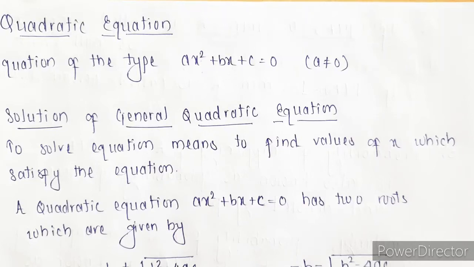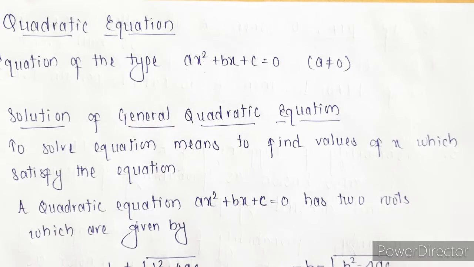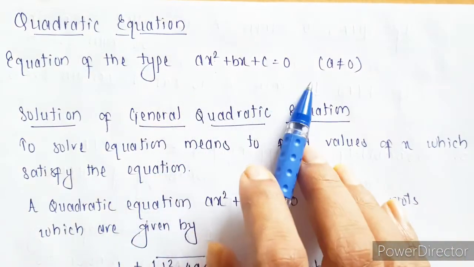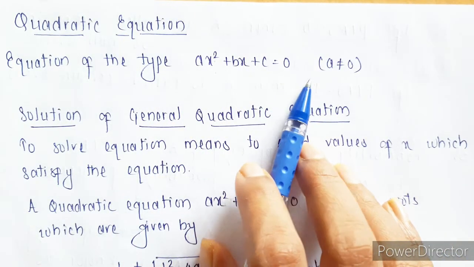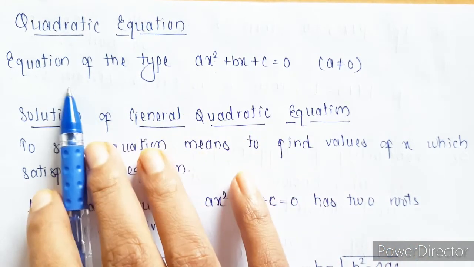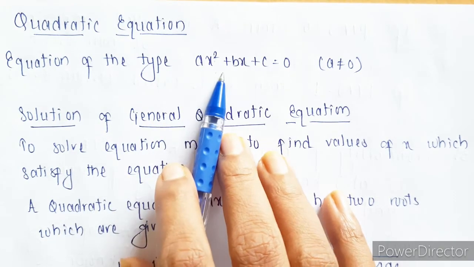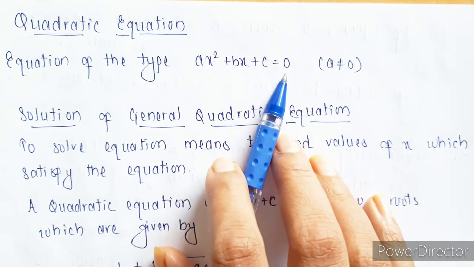In this video we will be studying about quadratic equation. Any equation of this type is called a quadratic equation, wherein the highest power has to be 2. This is the general form of a quadratic equation, that is ax square plus bx plus c equals 0,